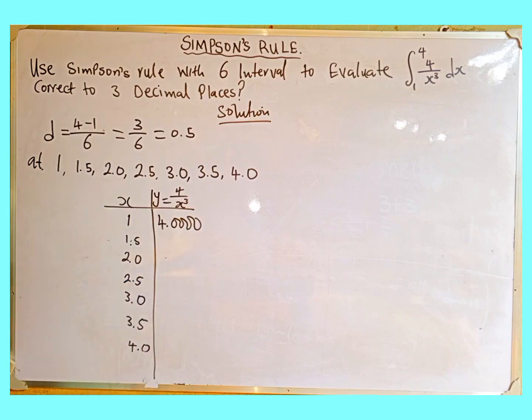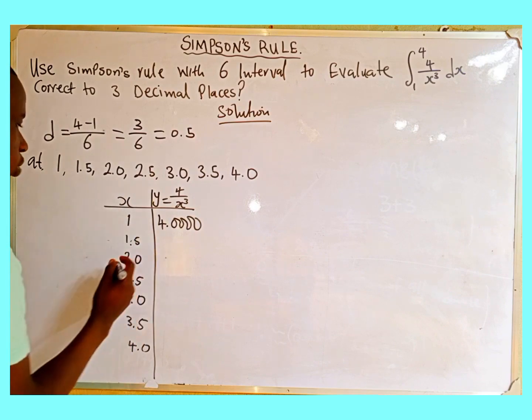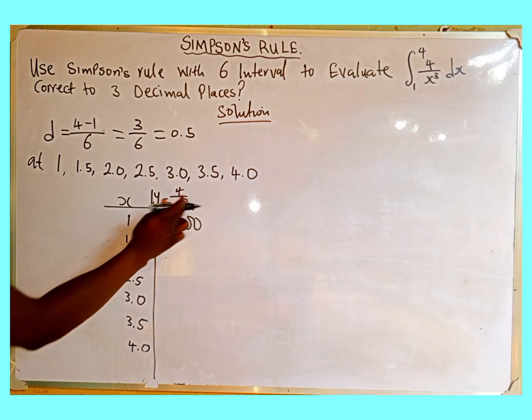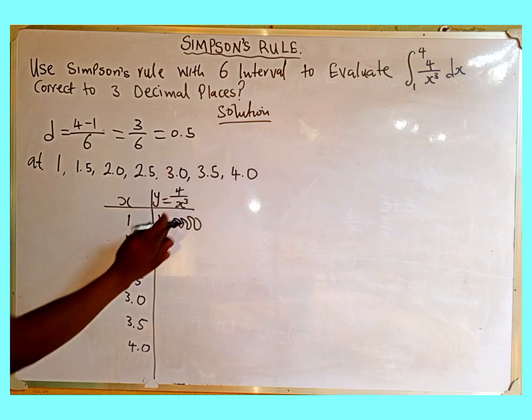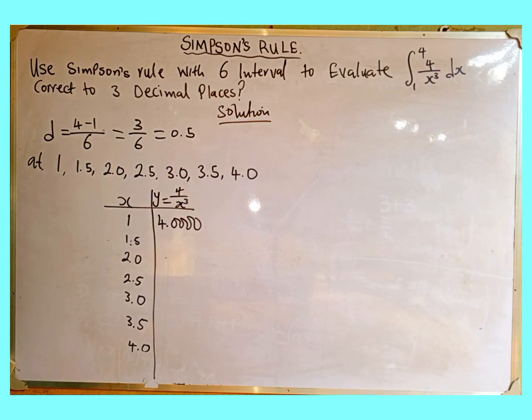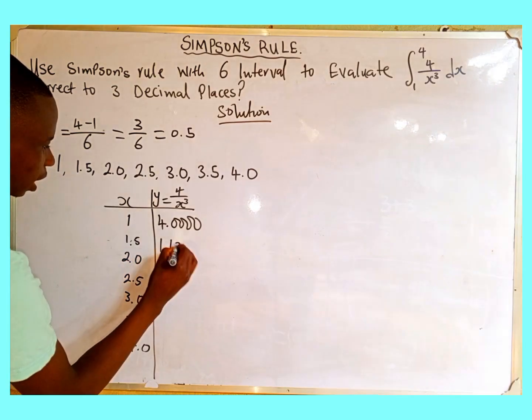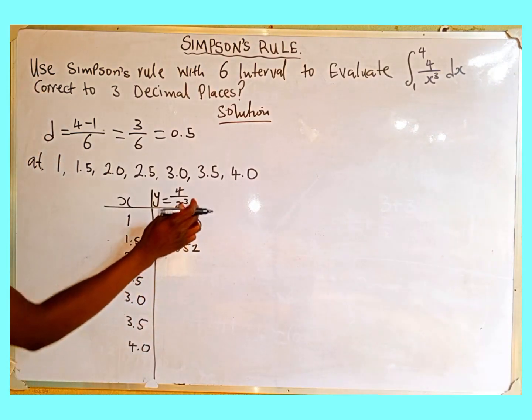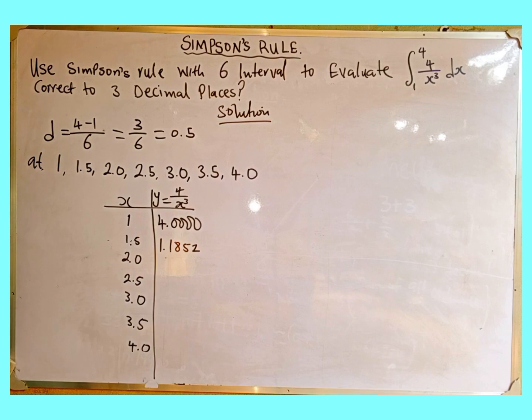So we stop at 4 decimal places, so that at the end we can approximate and get 3 decimal places. The next one, if you substitute 1.5 cubed, then 4 over 1.5 cubed gives 1.1852. Then 2 cubed is 8, and 4 divided by 8 gives us